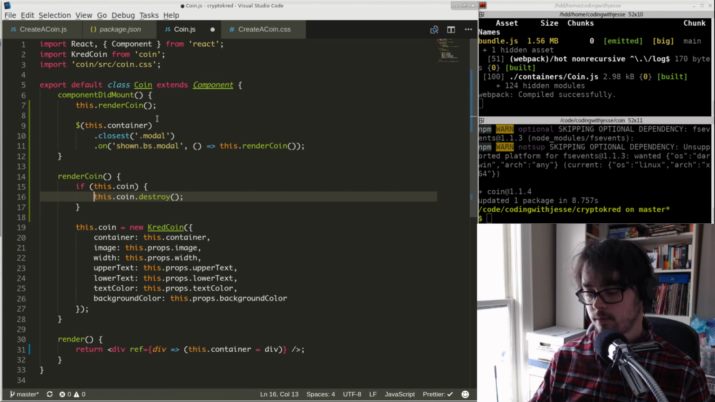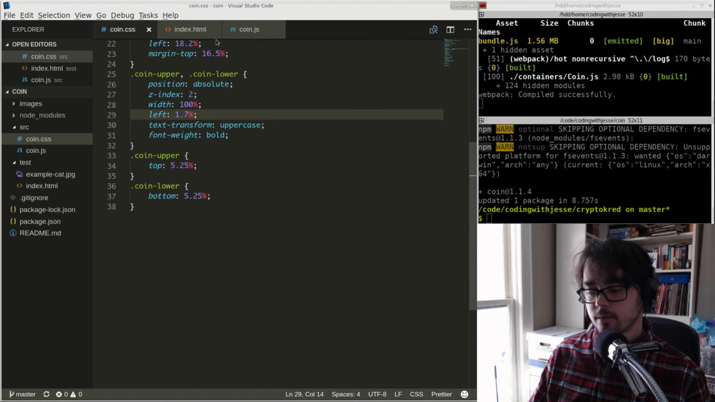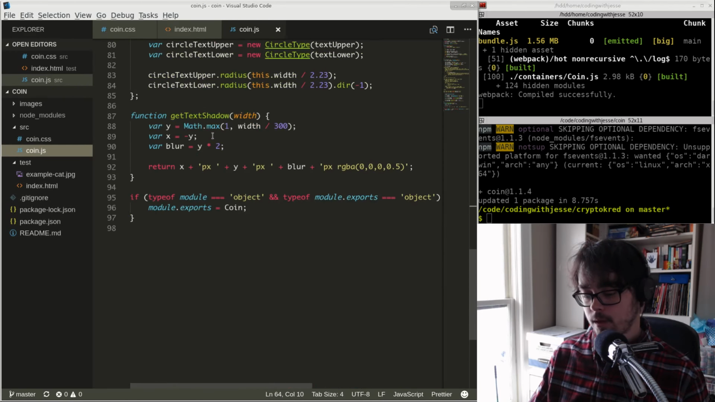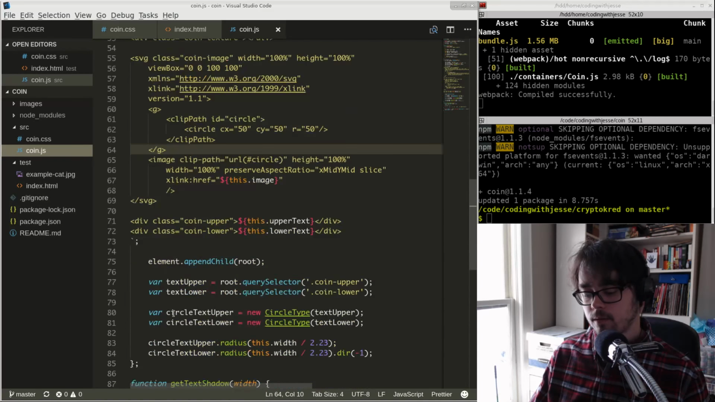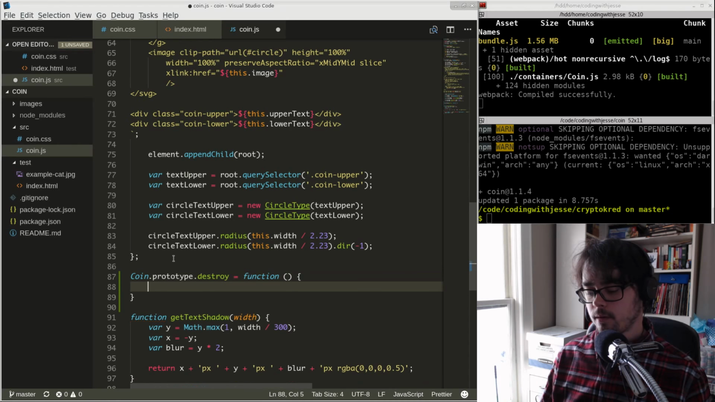Yeah, coin destroy. Let's implement that. So I will bump the minor version because the API is changing, but not in a breaking way. So I have my render function here. I will create a new coin prototype.destroy, and it's going to simply